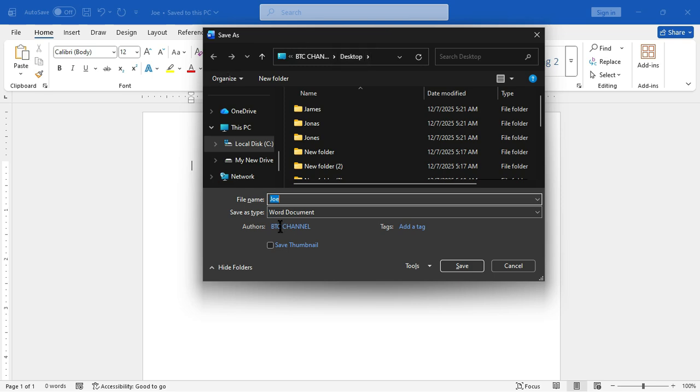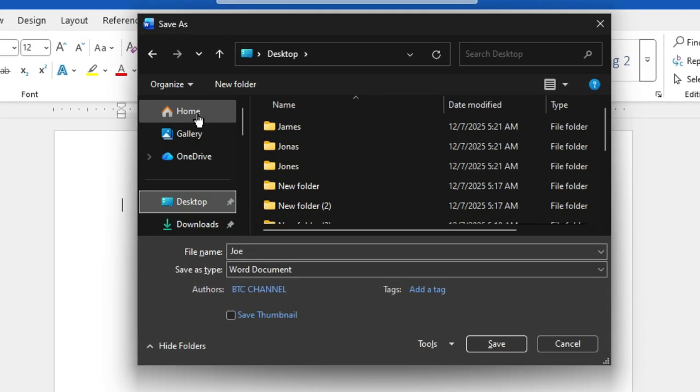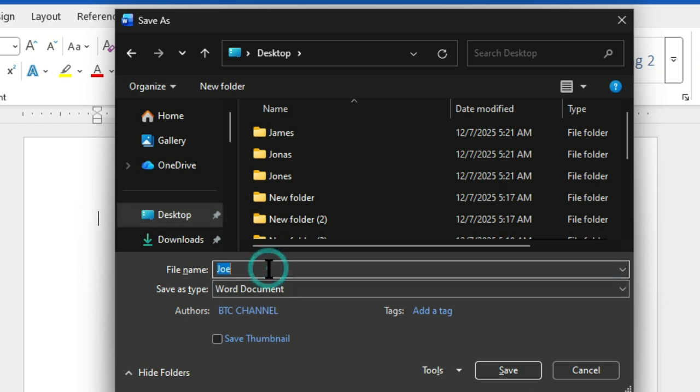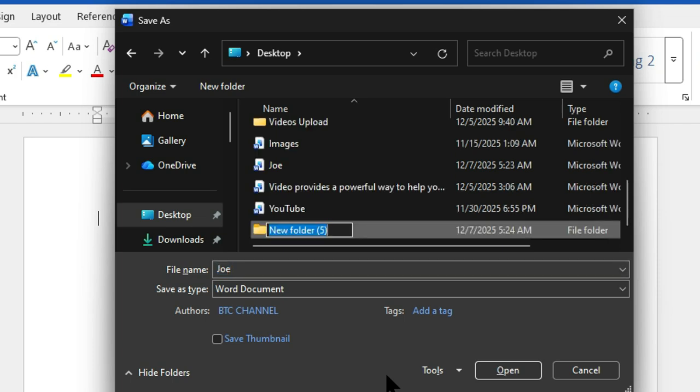This is the save as dialog box, and I'm going to select this desktop in this navigation pane. Click here and then ignore this file name. Now I'm going to click on this title bar which has the save as name. Click to activate this entire window, and I'm going to use Ctrl Shift and the letter N. That is the same shortcut my colleague used, and I'm going to type a name for this directory